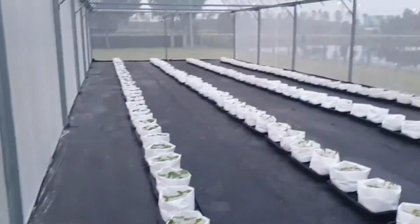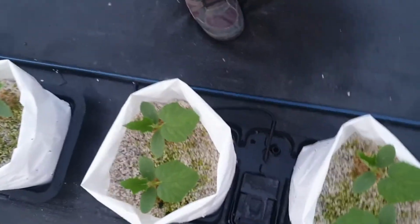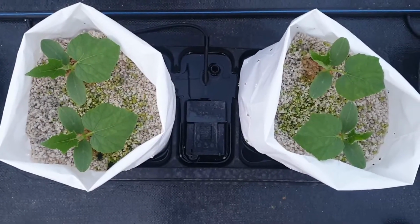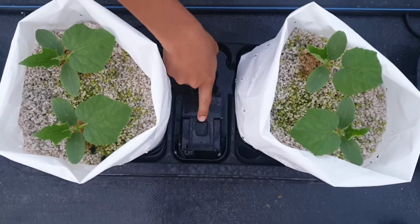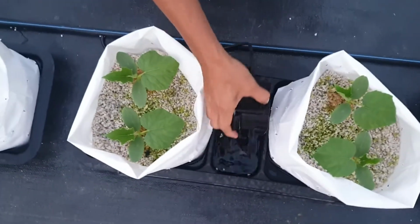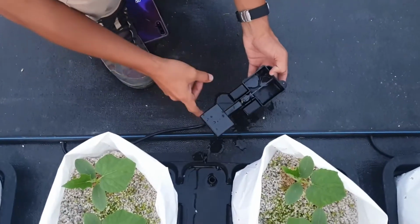The third technology that I'm going to show you is an automatic hydroponic system named Autopod. We call it a plant-driven system. What does plant-driven mean? It means the plant decides how much water and fertilizer it is going to take. The whole system is controlled by a valve called a smart valve. It's 100% run by gravity from the raised-up tank there. When the pot is empty, the valve will trigger and start to fill up the water, using 100% gravity